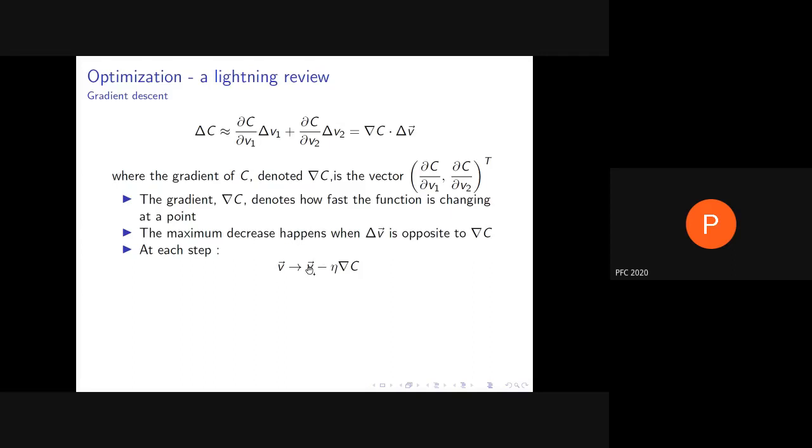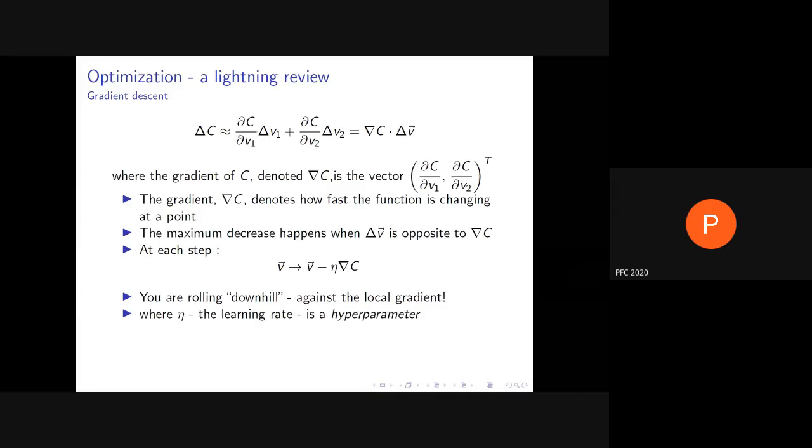So what you're doing is you start at a point, at that point you have some gradient, del C del V1, del C del V2. You choose a multiple of that, but a negative multiple of that, so that you're going in the opposite direction. And this ensures that you bring C down the fastest. This eta essentially tells you how far you're going to move. Small eta means, of course, you're going to move little. Large eta means you're going to move a lot. So you're now essentially rolling downhill against the local gradient. At every point, there's a gradient, and you're going against that.